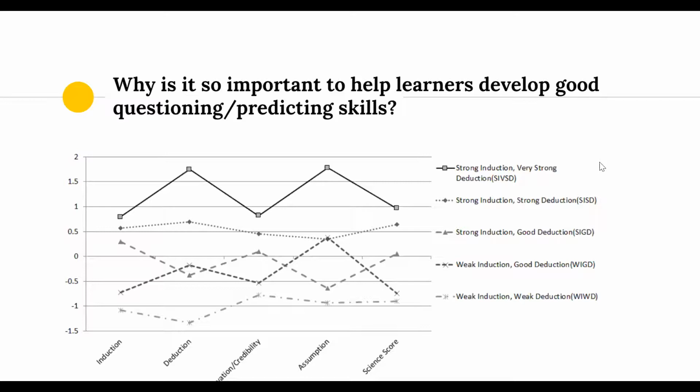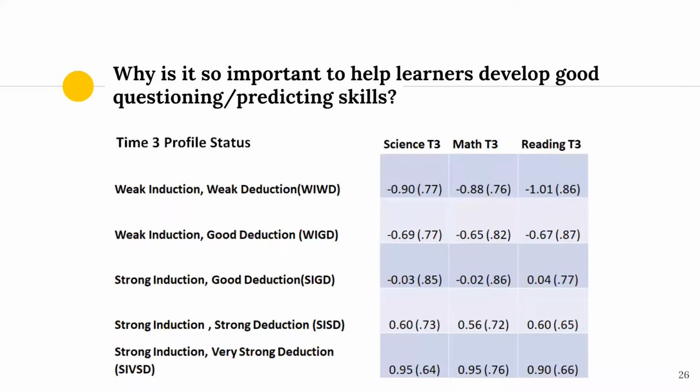So I know you look at this graph and wonder, what is this trying to tell us? It's a little bit of graphing on links between the skills of induction and deduction, and how it has an impact on science specifically, is what they were looking at first. So impact being on the y-axis there on different things. How well can a student do either induction or deduction, and how that might impact the science score is one piece. But the more important one I want to show you is this next chart.